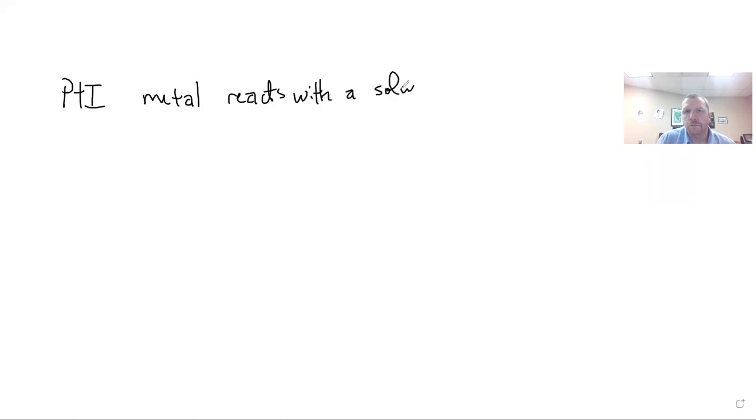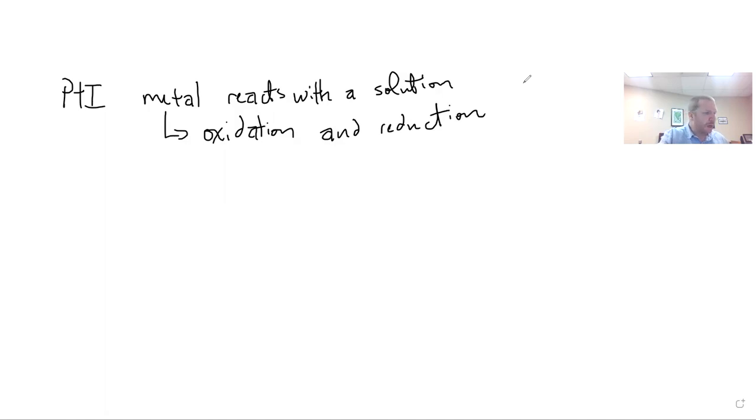Now, in a nutshell, part 1 asks the question, well, if a metal reacts with a solution, and this reaction is really on the basis of something known as oxidation and reduction. So if you look on page number 113 of your lab manual, you'll see something known as a metal reactivity series, or an activity series of metals,